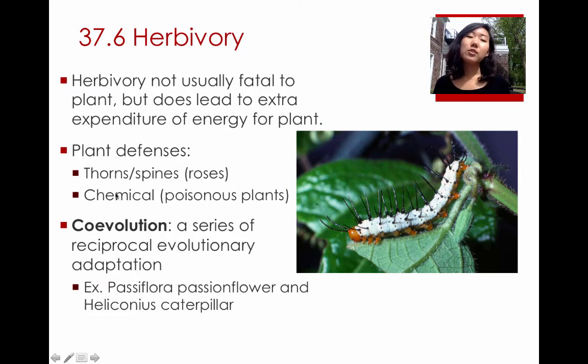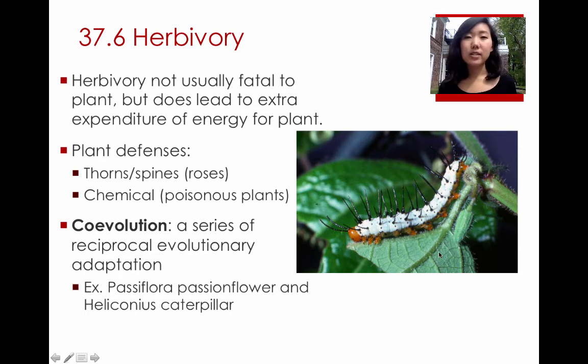In herbivory, we can also see examples of coevolution. This is where two species, like the one that eats the plant and the plant itself, coevolve to both kind of benefit each other, or adapt to each other's defenses. So, for example, this passion flower, Passiflora,